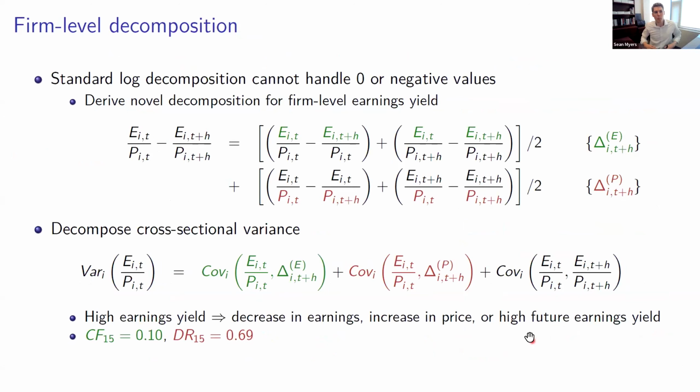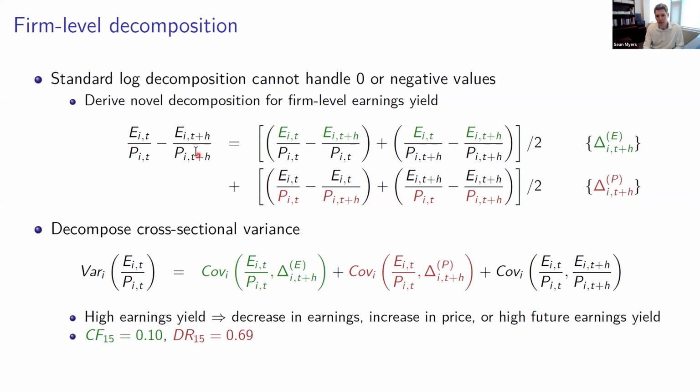The last robustness test I'll talk through is that we do a firm level decomposition. So for our normal log approximation, we apply this to portfolios, where by adding up a large number of firms, we can somewhat avoid the issue that individual firm earnings may be negative or zero. Now, if we take this to the firm level data, it means that we can't use some of the classic log decompositions. So what we show is that instead, we can look at changes in earnings yields and split this